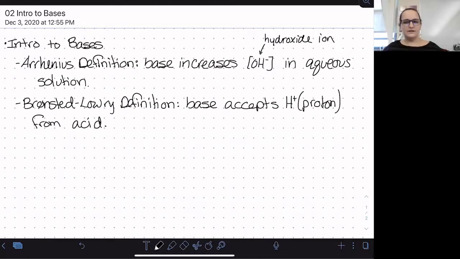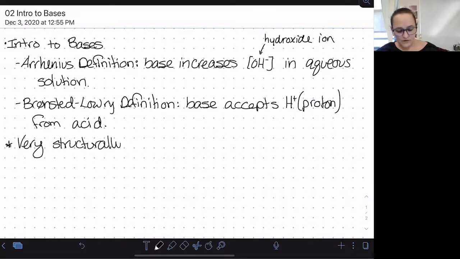So with acids, we had this kind of nice clue to help us identify what is an acid. If we're looking at a formula, we need to have hydrogen involved in a polar bond, and typically the acidic hydrogens are written first in the formula. Unfortunately, we don't have such a convenient clue for bases. They are a much more structurally diverse group of compounds. So they can be harder to identify in some ways. Some of them aren't. Some of the most common